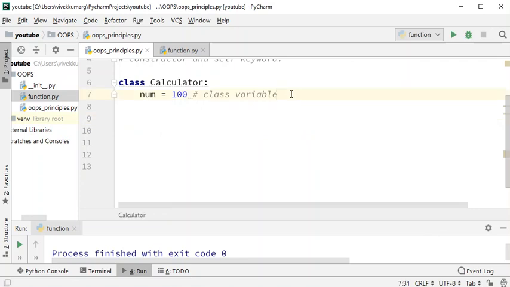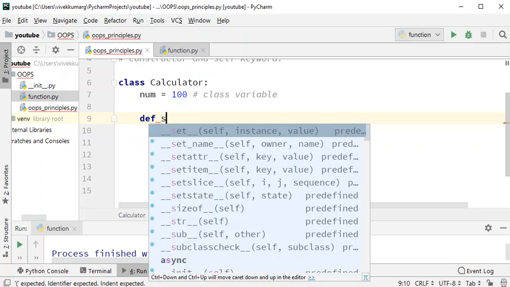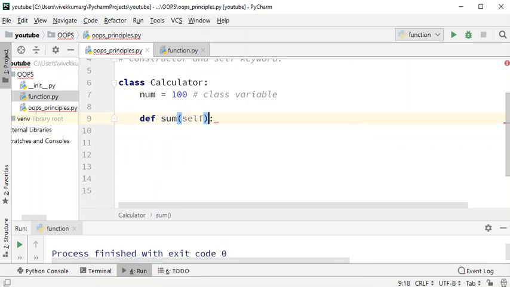So now I was here. Since we wanted to wrap this function inside a class, this will be called a method. Now I say sum. Now you see, automatically the self keyword has come. We'll talk about this in our upcoming session, but for now, just consider this as it is. And then you say colon and you just say print sum.